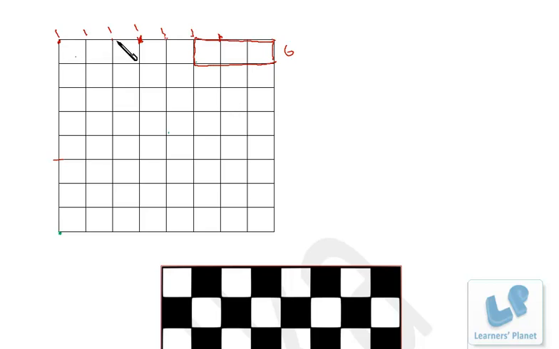1 by 3, right? So each row, there are 8 rows, so 6 into 8. These are horizontal. Similarly, as we have seen in the previous case, the same number will be in vertical. Okay, so that's into 2. So 6 into 2, 12 into 8, 96 rectangles will be there of dimensions 1 into 3, right?